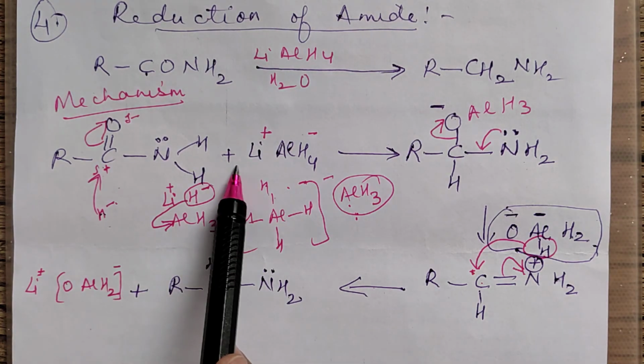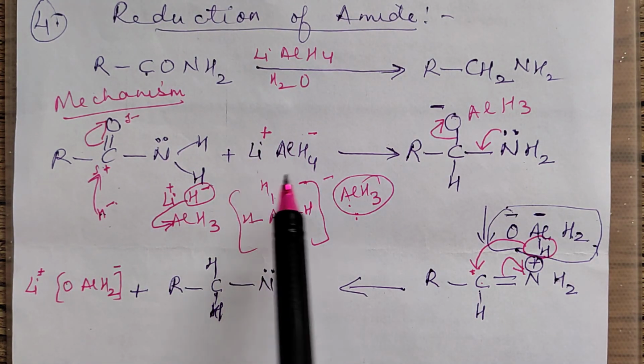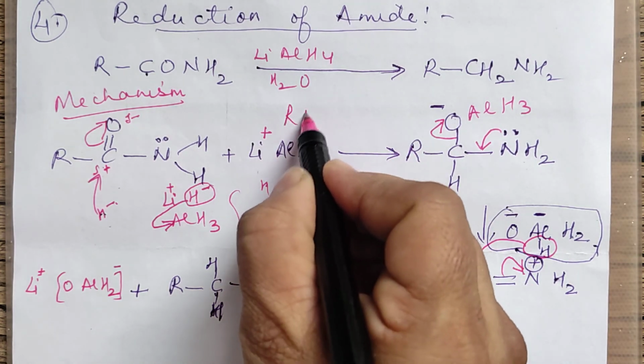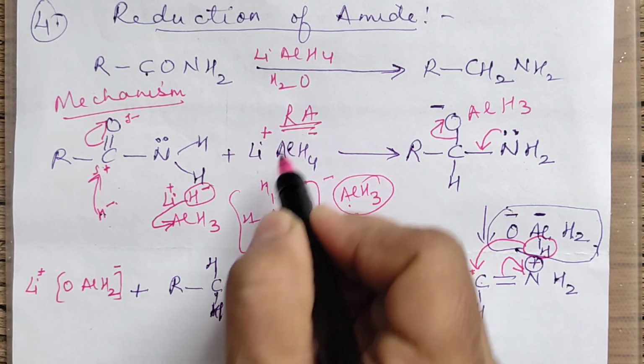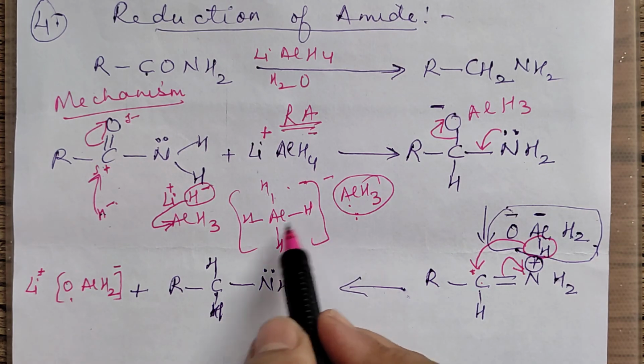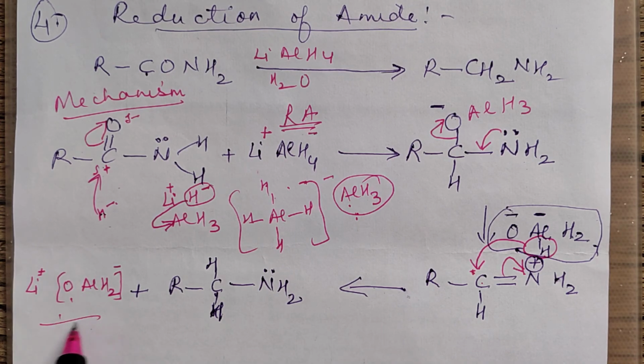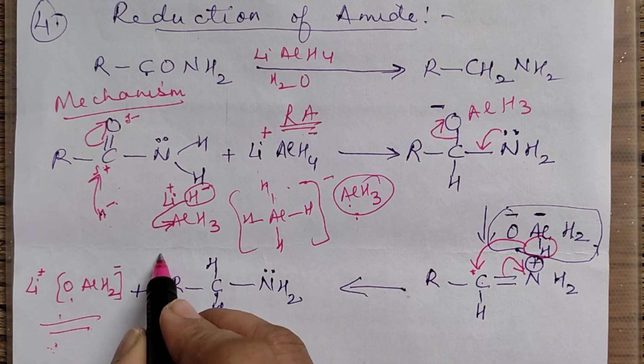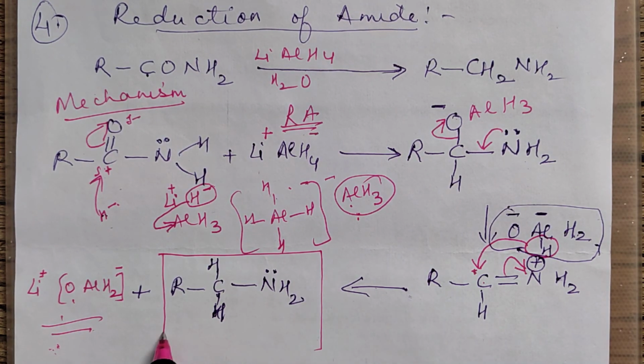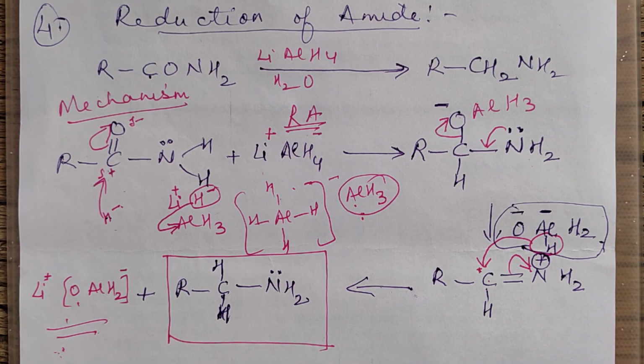What has happened to LiAlH4? This was acting as a reducing agent. So this has got oxidized. One of the H here, in fact 2, because 2 are utilized in this. So it has got oxidized. So this is the product obtained, and this is the oxidized form of LiAlH4. Otherwise, you have this as the main product, that is amine, which is obtained.